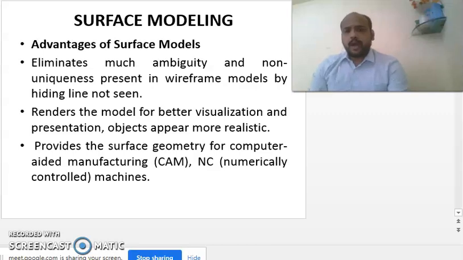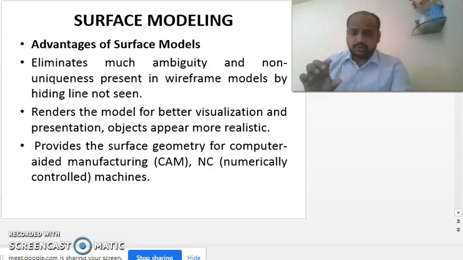Then it provides the geometry for computer-aided manufacturing and CNC machines. Obviously, it is right. For computer-aided manufacturing, you can feed the geometry in software for part programming also. So it is useful for CAM. Please understand, it is asked in multiple choice questions many times.